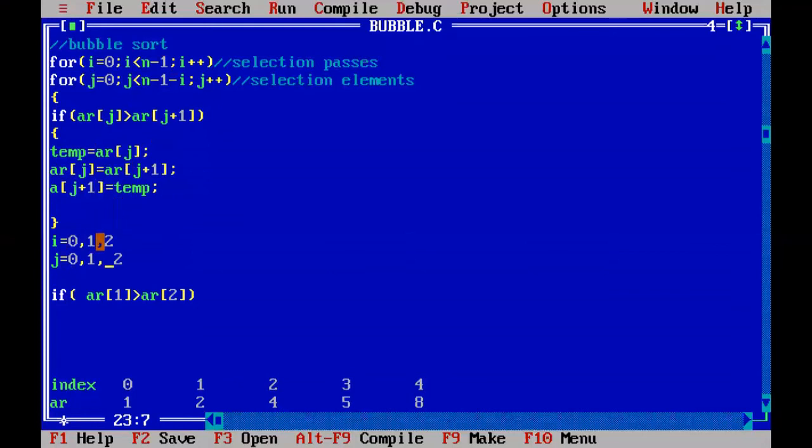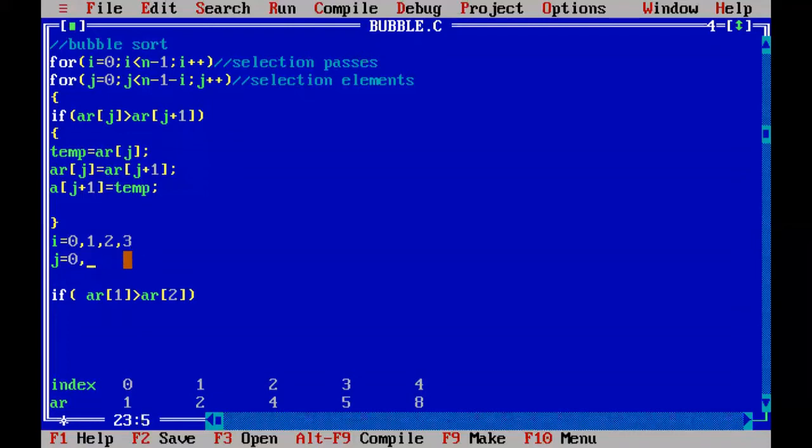Again we go for the outer loop, and the last, pass 4. That means it is incremented from 2 to 3. For this iteration of the outer loop, again the inner loop starts with 0, and it runs up to n minus 1, that means 5 minus 1, 4, and 4 minus i, which is 4 minus 3. That means it will run up to 1 only.